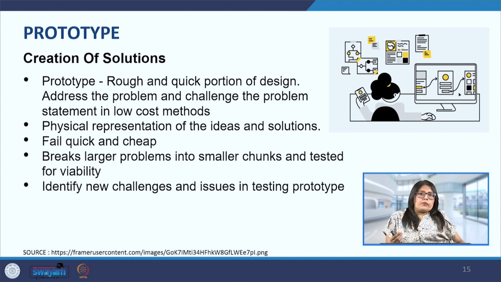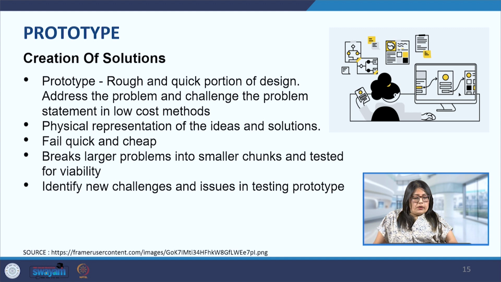So, small aspects are easier to be taken care of as compared to when the problem is one whole chunk, it appears quite daunting. So this is like an incremental approach where we are taking segment by segment, putting it all together, and it allows the team to focus on specific aspects of the design, and this ensures that each component functions correctly before it is integrated into the solution.